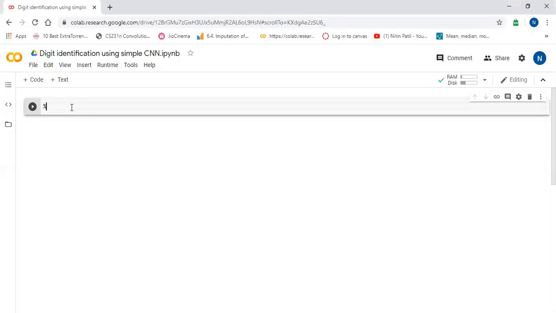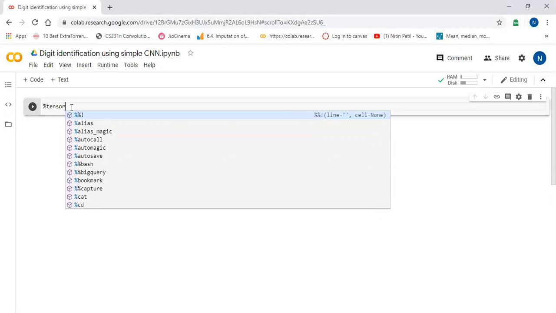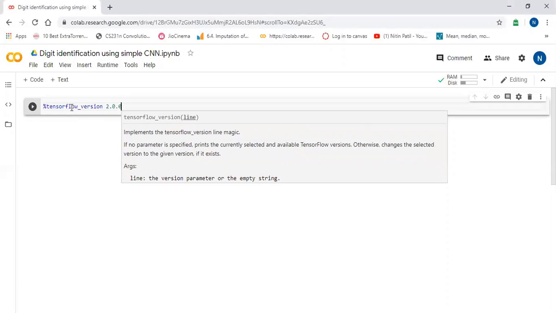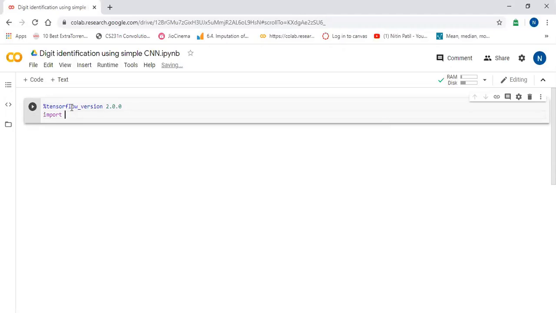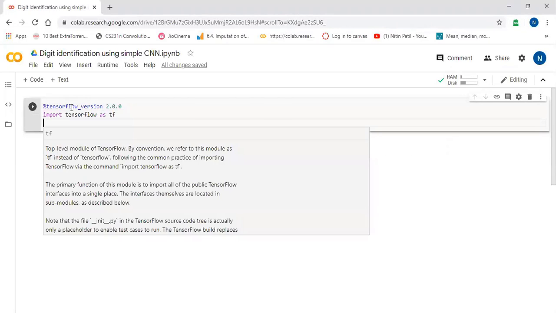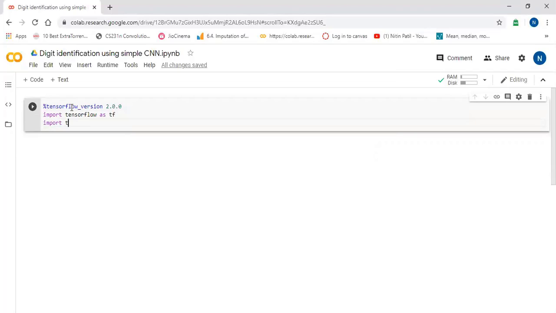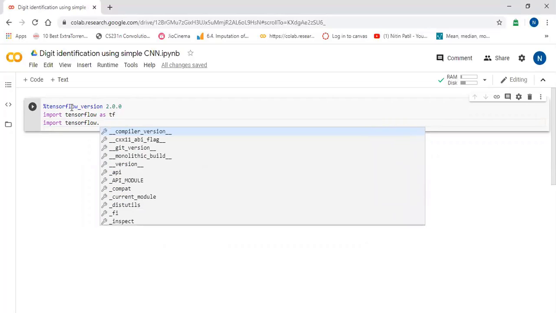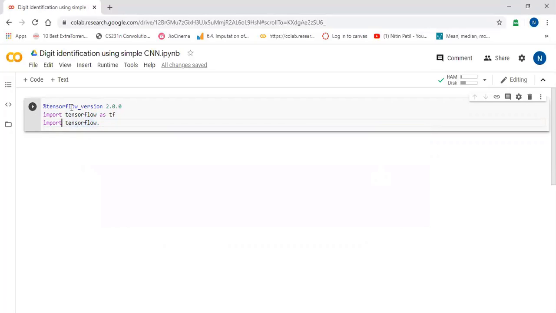So I will import the necessary libraries. TensorFlow version I will use 2.0.0. Then import TensorFlow as tf. Import from tensorflow.keras.